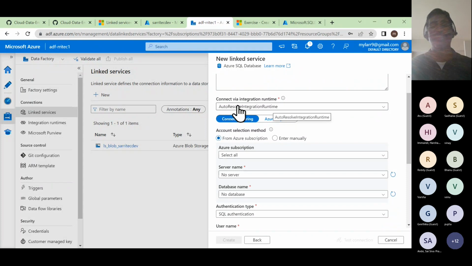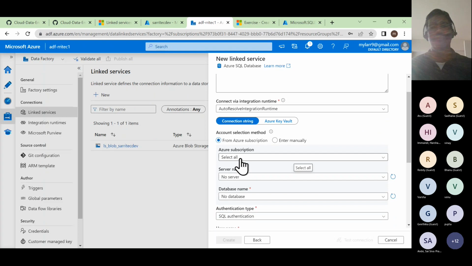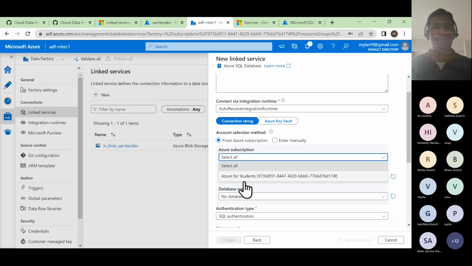Now here, what type of runtime do I have to select? Is Azure SQL database in the cloud or a private network? It's a cloud. As it is a cloud, I need to go for the auto-resolve integration runtime, which is going to take Azure by default. Now we are going for the Azure subscriptions. Now in the Azure subscription, if I select this Azure for Students, is our Azure SQL database created